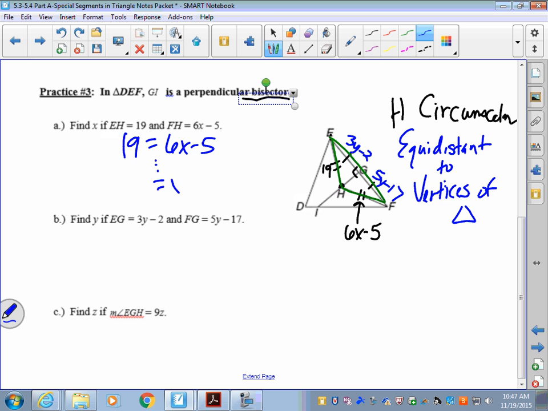Hopefully we got x is what? 4. And then they wanted us to find EH, so we should already know that. Oh no, they didn't want us to find EH. It's just the x. That's the last one. All right, and then